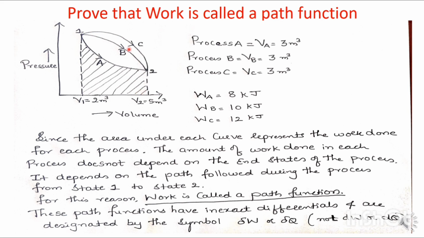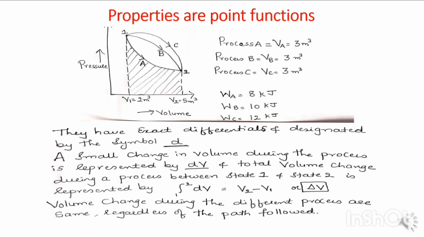For that purpose, we call both heat and work path functions. They are not dependent on the end states of the process. They are mainly dependent on the path which is followed during the process. Next, now we'll prove that